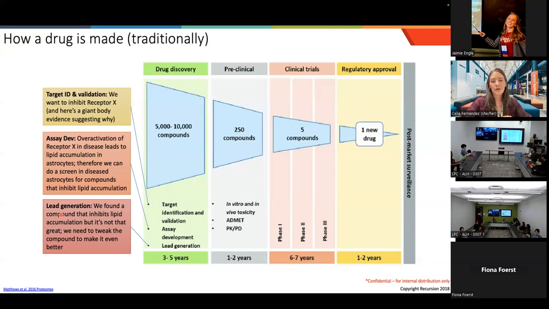But maybe it has some properties that aren't that great. The chemists have told you, oh, based on the structure of this compound, we don't think it's actually going to get through the blood-brain barrier. So how is it going to help? So the chemists have to make some tweaks on that compound. And then you, as the biologist, have to do some experiments to test the compounds that they give back to you. And you iterate and iterate until you narrow that down to some series of compounds that you want to move forward into the preclinical stage.